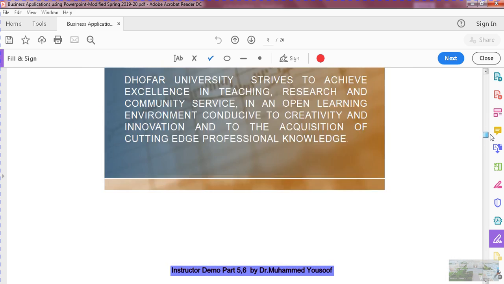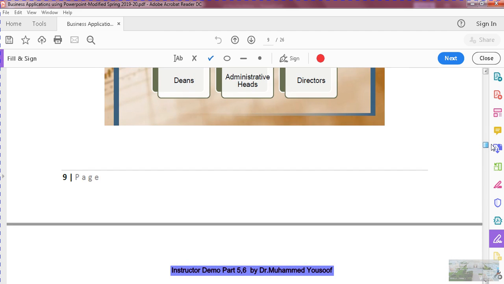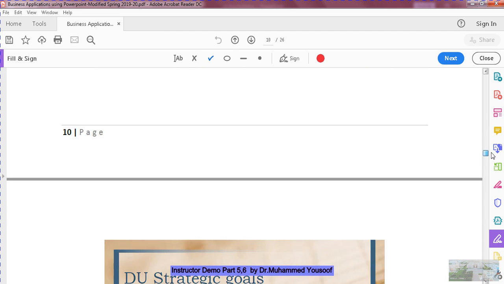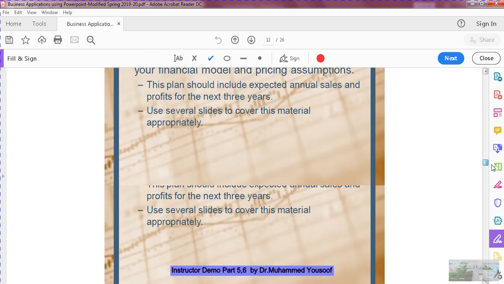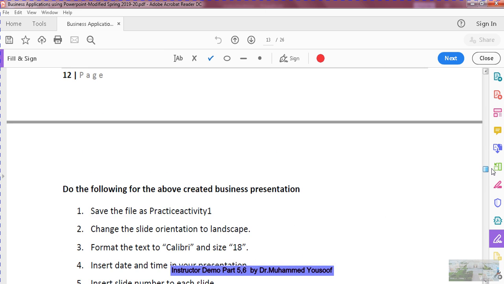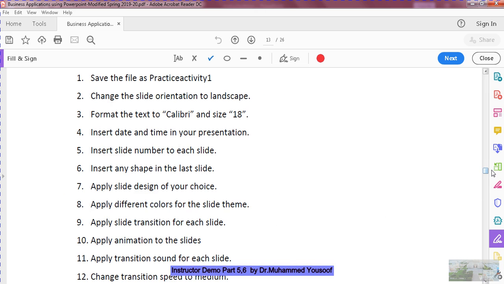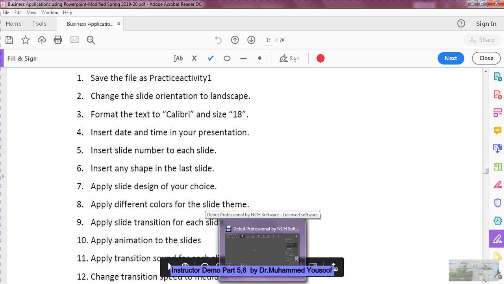See, you have to make slides like this. First, you have to make the slides same like what you see here. How many slides are there you have to make? Then you see here, it's all same. Format the font, insert the date and time, slide number, shape, whatever I have discussed in the task will be applied here. But anyway, we will see this one later in a later activity with a video lesson. But just I'm giving you the idea now.